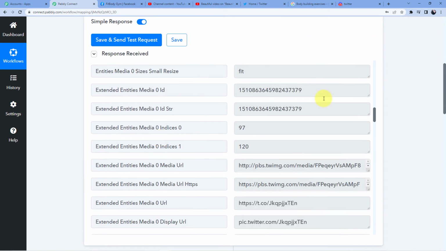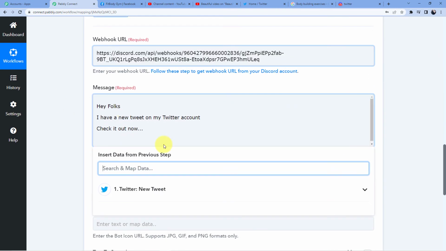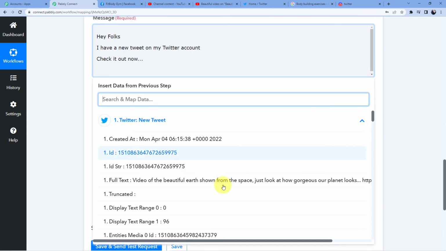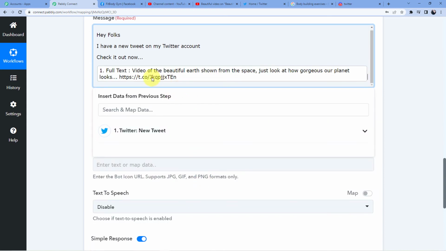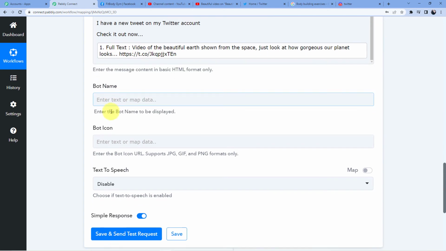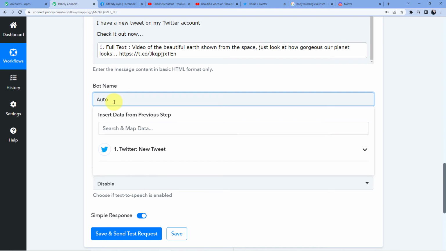and mapping will let me take the data from this window here, and it will let me put the data in this window. So here is the tweet: video of the beautiful earth shown from the space. Just look at how gorgeous our planet looks, and here you can see this is the link as well. Now we will just go to bot name. Again I am just going to give the name automation bot,